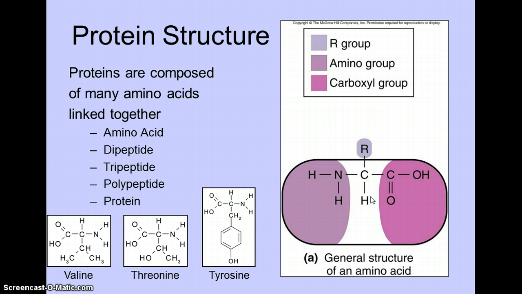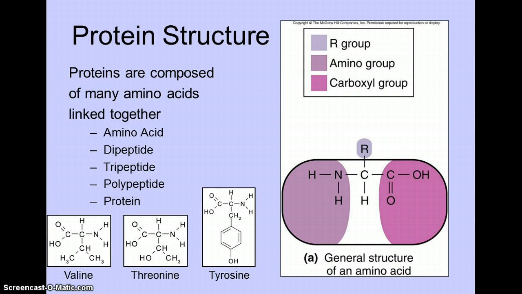The type of structure that we see with an amino acid is represented here. Basically, all amino acids consist of a central carbon atom, which is bound to what's known as a carboxyl group represented here. That central carbon atom is also bound to an atom of hydrogen, what's known as an amine group or an amino group, which you can see right here. And then all amino acids have a fourth connection made by their carbon, which is to what's known as the R group that you can see represented right here.